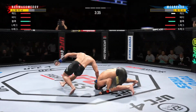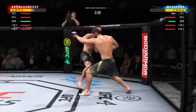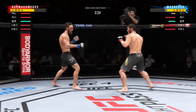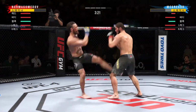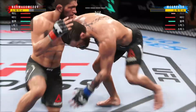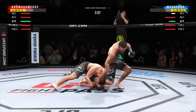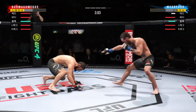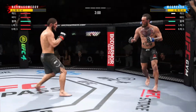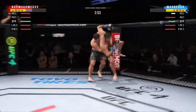Switching stances here. Keeps going back to that jab, keeps throwing that jab, but unable to land. Single collar tie now. Oh, and he hip tosses him to the mat. Now we'll see what he can do from here, DC. Right into side control. He's going to try to control him, then find a submission. Stuffs the...